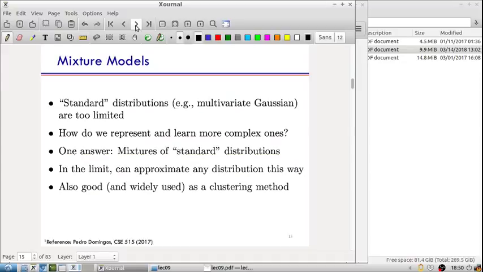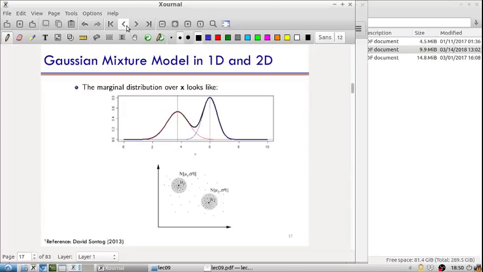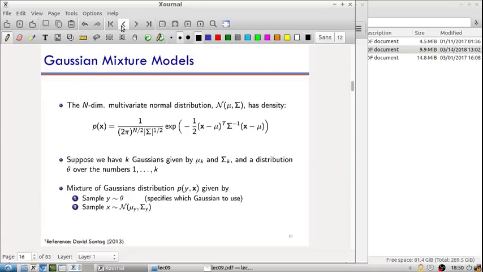Okay, so let's look at Gaussian mixture model. Here it's really not saying much. This is just a definition of a multidimensional Gaussian. We don't have to remember that actually. So what is a Gaussian mixture model? It's a mixture of Gaussians. Mixture of Gaussians just means,